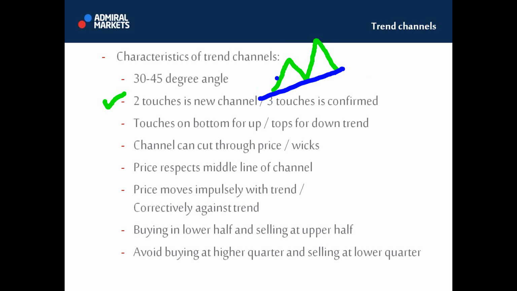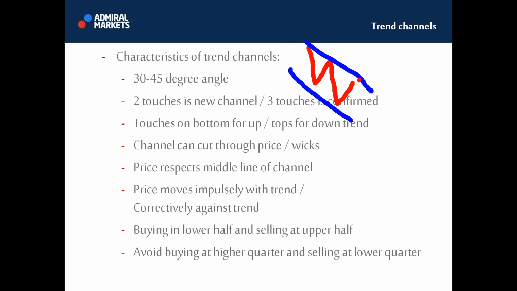The opposite is true for the downside. When we have a downside trend channel, what we're looking for is 3 touches at the tops. And we have a channel to the downside. The 3rd touch is the confirmation. Now, not always, I'm going to be talking about this 4th point here, not always does all price action have to fit within that trend channel. You could have some price outside of the trend channel.